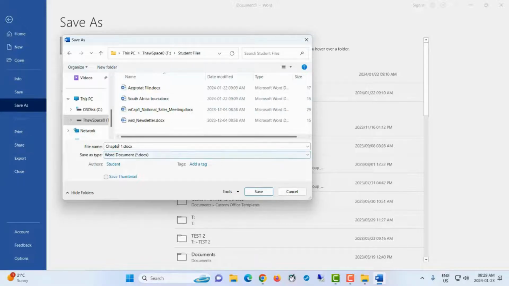Currently it wants to save it as chapter 1, but I'm going to give it a different name. So let's name it Introduction to Computer Usage. Notice that there at the end there's a .docx. We refer to that as a file extension. When you save a file, do not type in that extension, because the Windows 11 operating system is programmed to type it itself. It does recognize what you are saving, and it will type the .docx